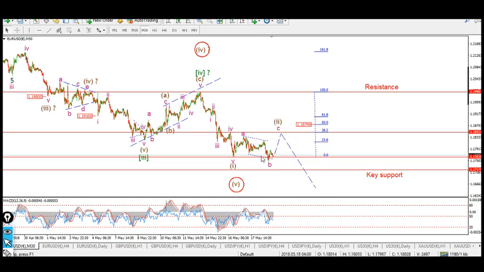So for Monday, we'd watch for a little pop up to the 118.50 area, and that's the 38.2% retracement of wave 1. So you've got a Fibonacci level there, you've got a previous fourth wave, and it would break the previous wave A high. So these points concur to give us that target. So for Monday, watch for a pop into the 118.50 area. Okay,